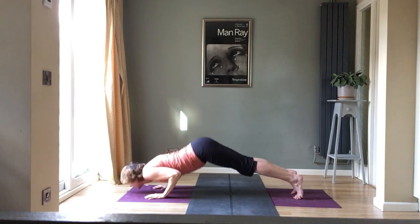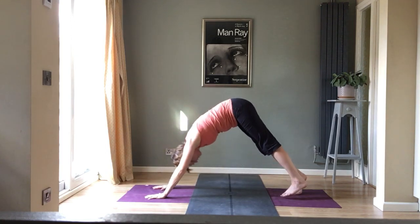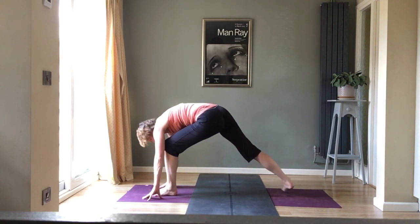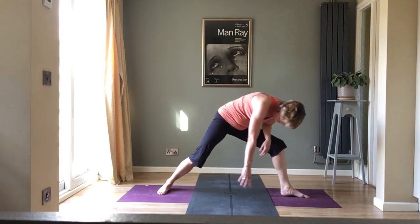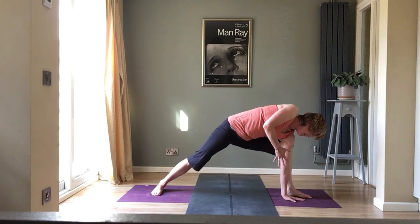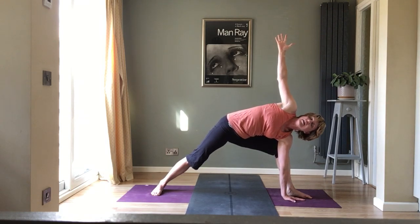Place, stride back into your plank, up dog, and push back to your down dog. Left leg high, sweeping through to the front. Spin, find your ideal Parsvakonasana position. Just going to change around. Lovely. Pushing into the floor, draw the legs back, lift the hips up, firm up, draw the legs together and